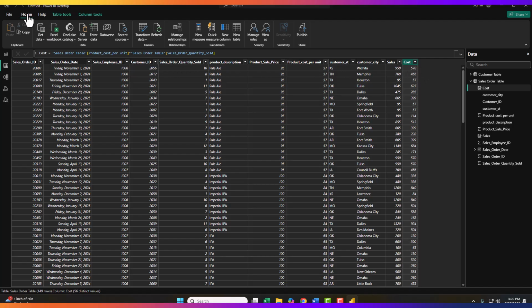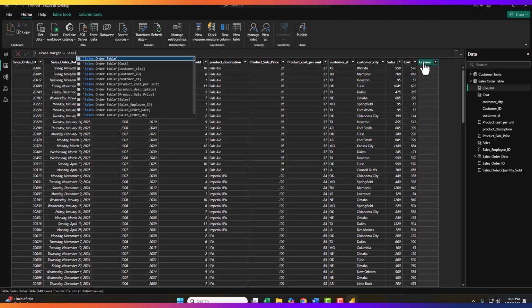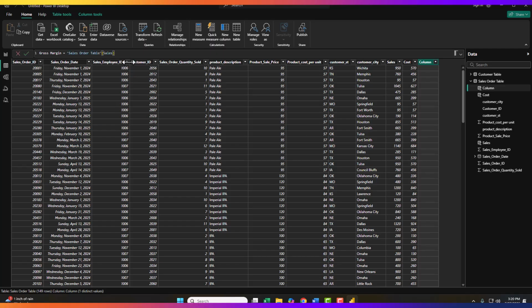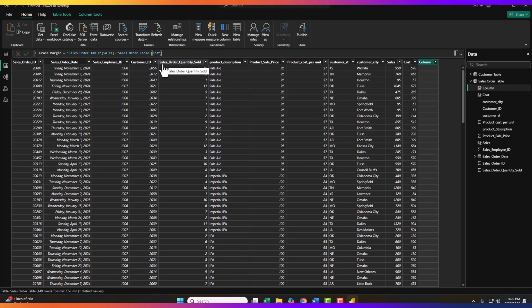And then finally, I make sure I'm on my home tab. I'm going to add one more new column, and this one I'm going to call gross margin. Set it equal, and then I'm going to refer to the two columns that I just created. I'm going to take the sales for each row and subtract the cost for each row. And these are in the sales order table, so I have to name the table first, and then I can find that field, sales, the one I just created, and then I'm going to hit the hyphen to subtract, and I'm going to subtract the cost. And once again, I have to name the table, and now I find that field for cost, hit enter,